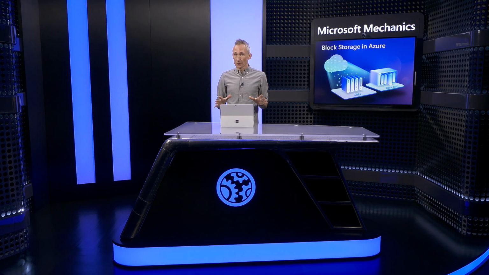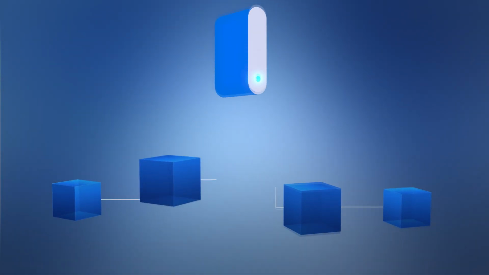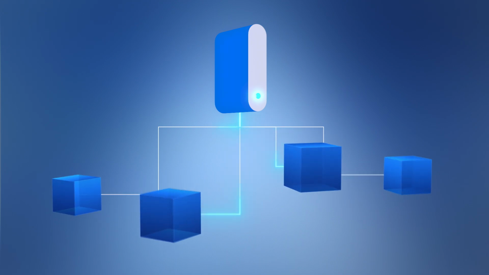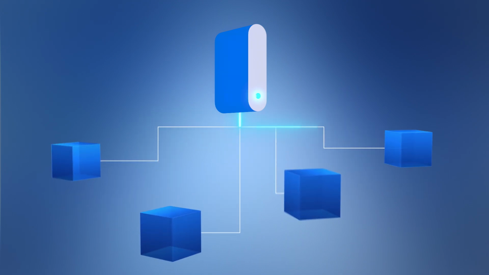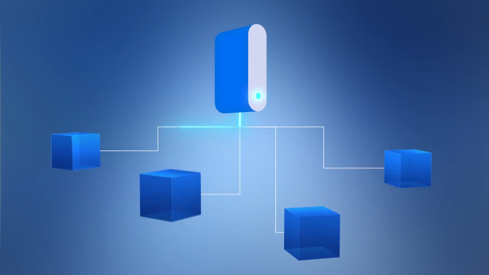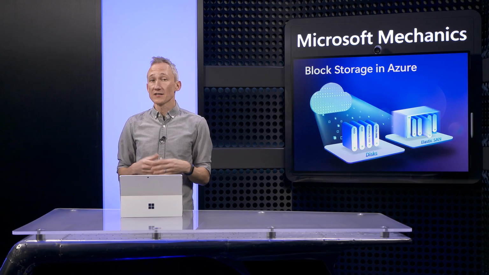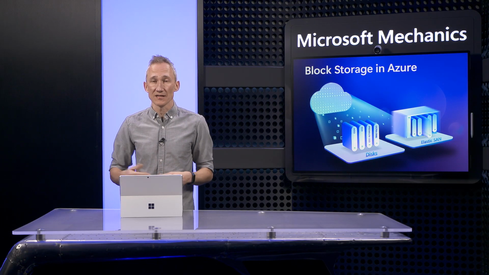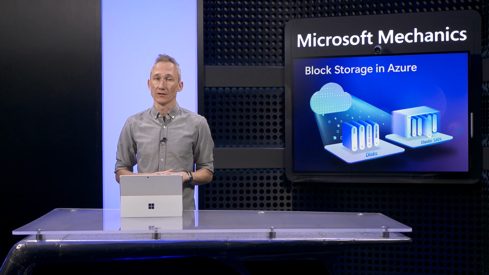So those are your storage options, but there are a few more things worth mentioning. First, Premium SSD, Premium SSD V2, Standard SSD and Ultra disk storage options can be shared, which means you can connect them to multiple VMs. This helps you to run clustered or high availability applications much more cost effectively.